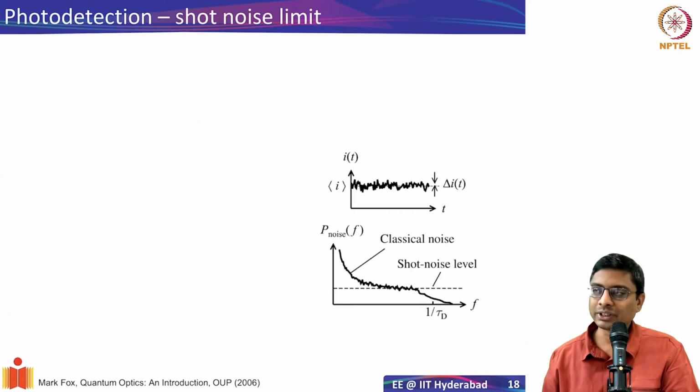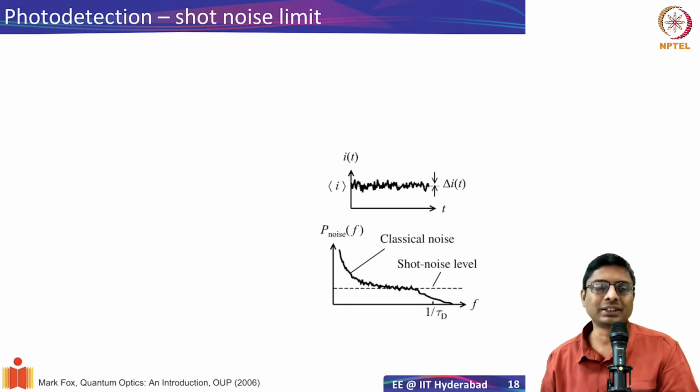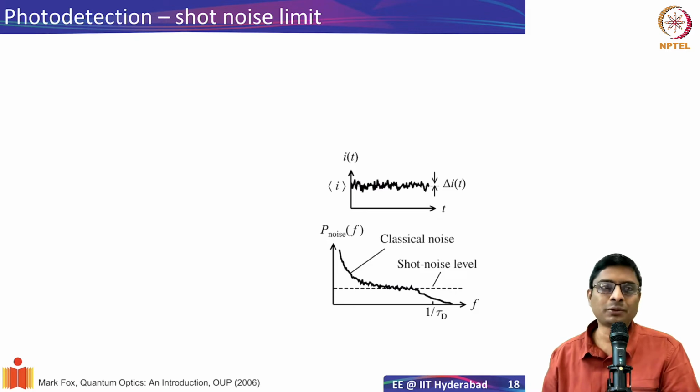So what happens when you are trying to detect a photon, right? We talked about the photodetector, and we sort of said that, okay, we just need a high quantum efficiency photodetector, and that is enough, right? But it turns out that it's a little bit deeper than that. In fact, in the beginning of quantum optics, there was a lot of debate about whether the statistics that we are observing are actually the property of the source or the photodetector.